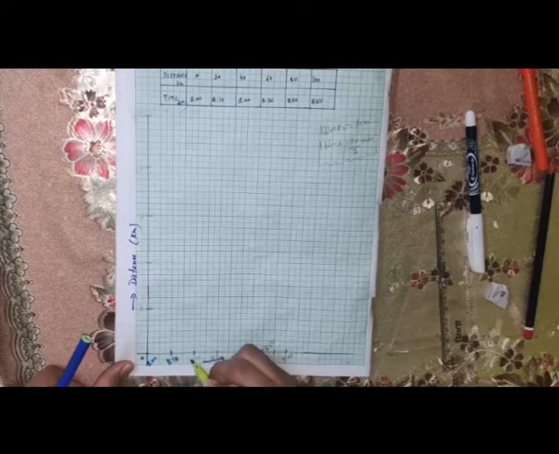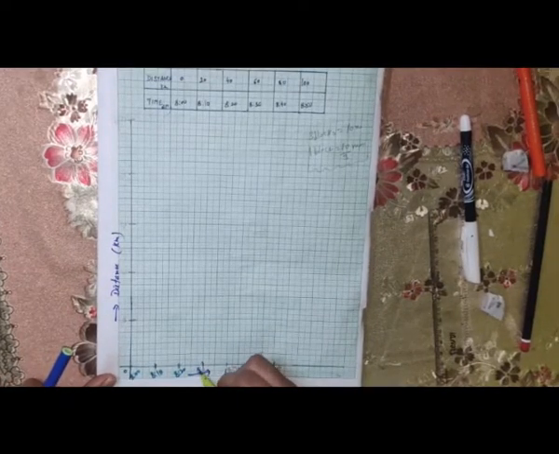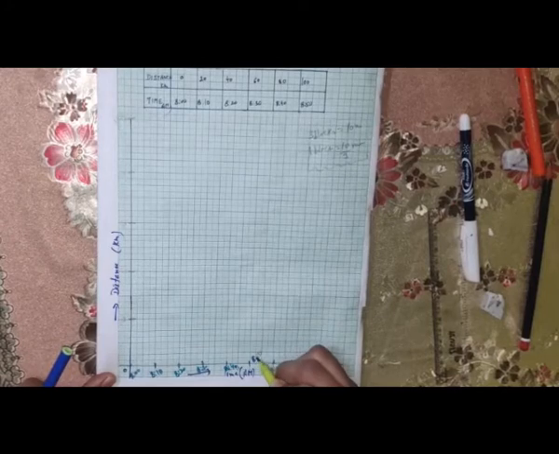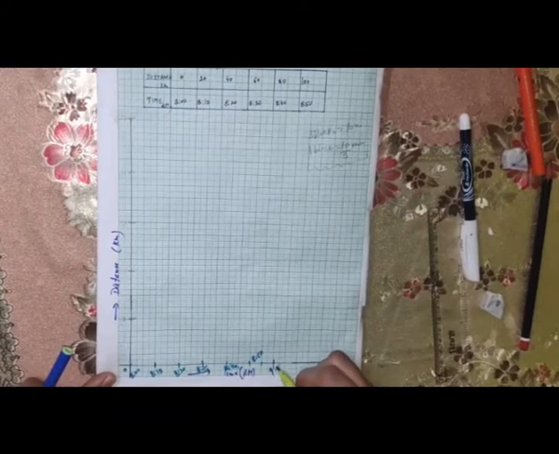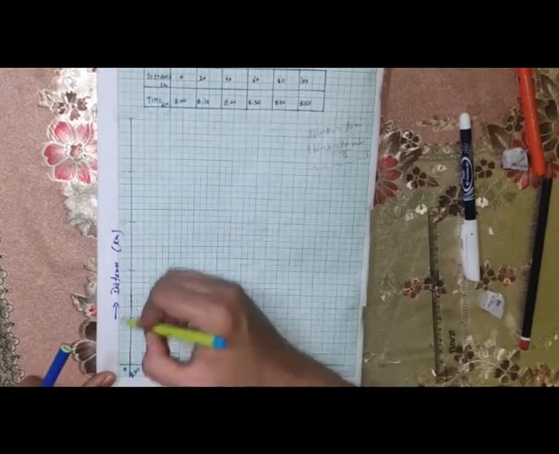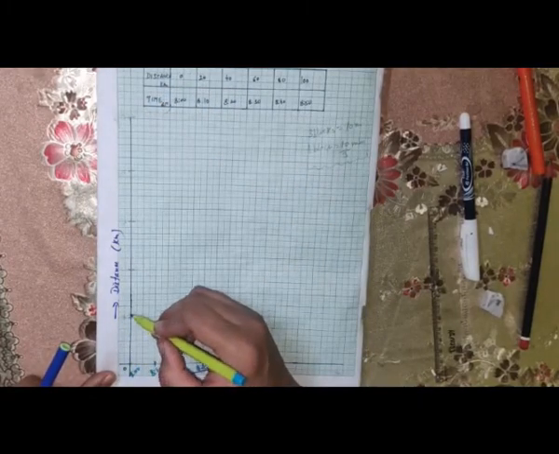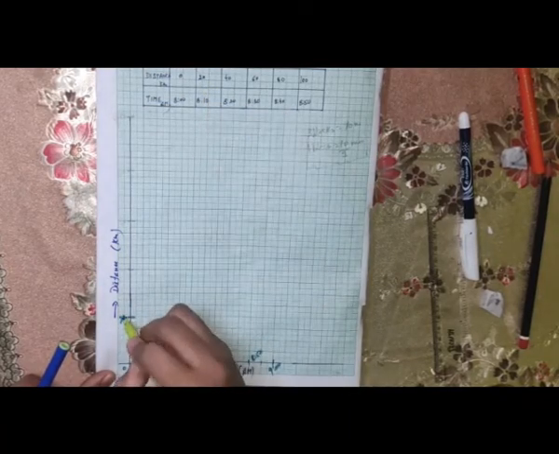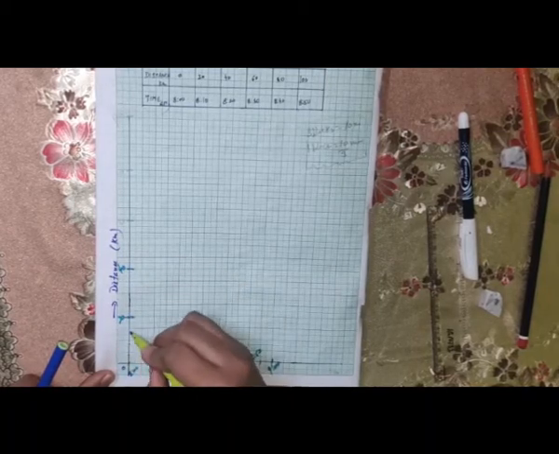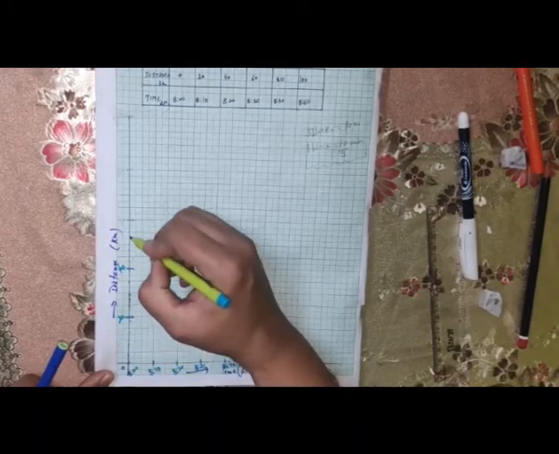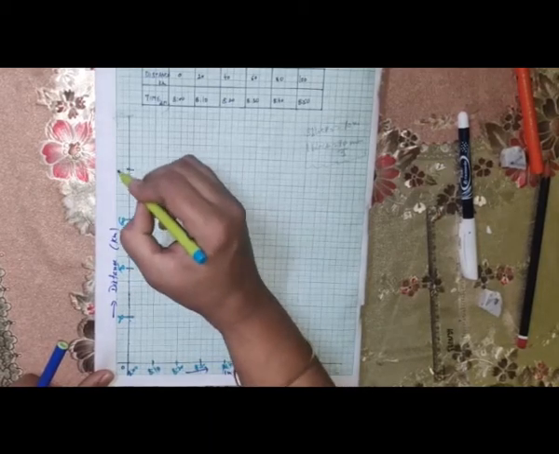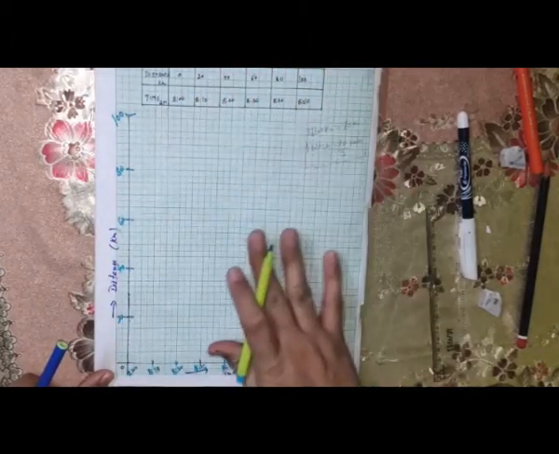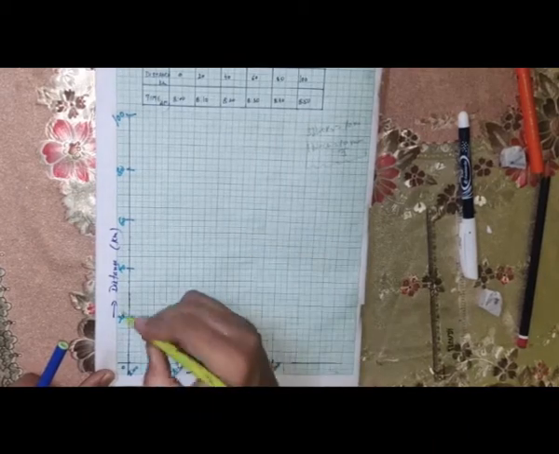So we can darken these points now. 8:30, 8:40, 8:50, and 9. Now on the y-axis, I have a provision of leaving 4 blocks also between each observation. So there are more than 20 blocks available to me. So I can choose the first value as 20, then 40, 1, 2, 3, 4, 1, 2, 3, 4, 1, 2, 3, 4. So this gives me 60, 80, and 100. We should try to occupy the maximum place available to us on the graph paper. That should be our motive.